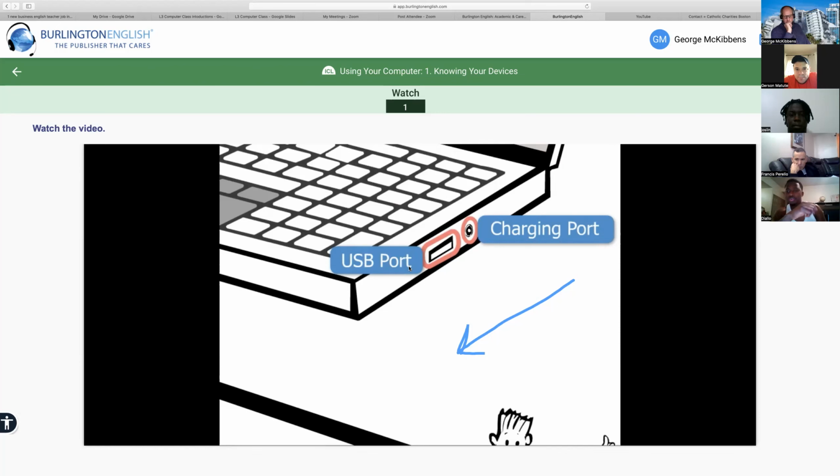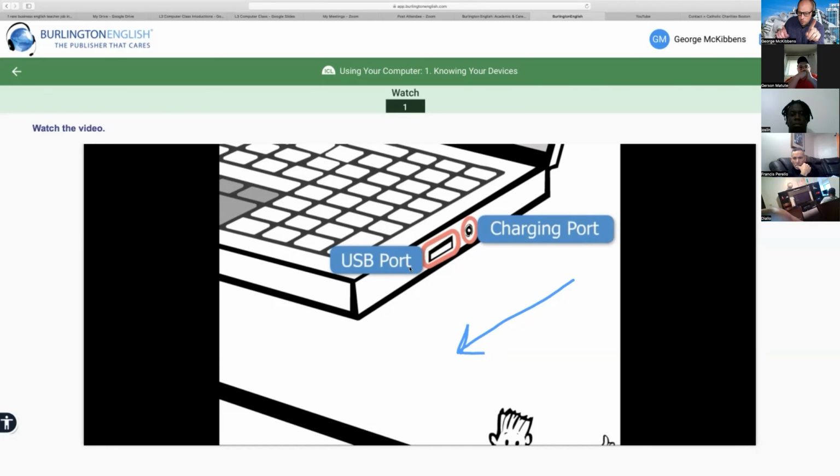Sometimes I use this one for charging my phone. Yes, sometimes through the port you can charge your phone. Or we can connect the computer with a TV or projector. Well, sometimes. I'm going to say sometimes. That's a different cable. If you want to connect a computer to a TV, you want to use what's called the HDMI cable.